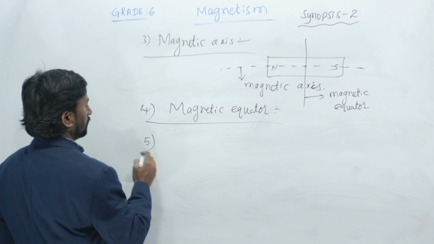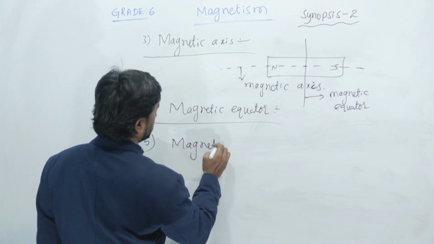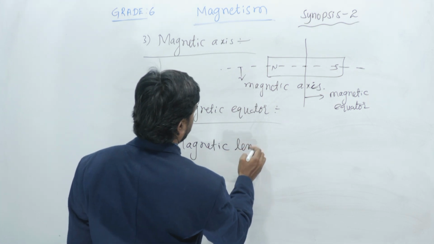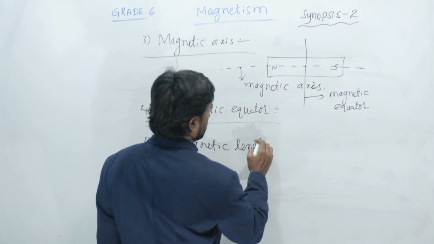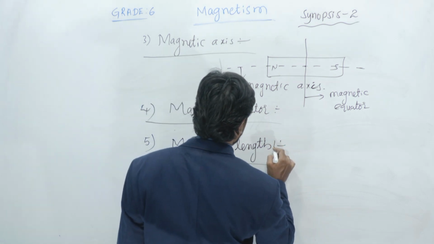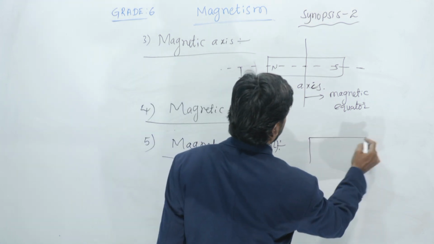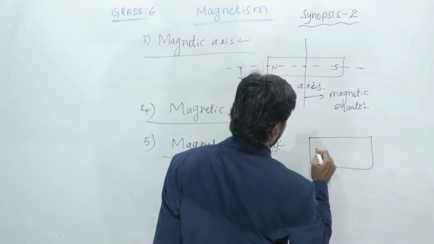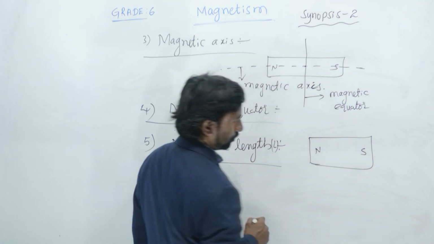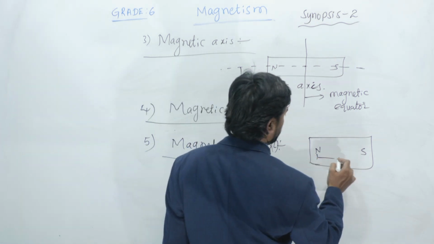So the first one, magnetic length. Magnetic length of a bar magnet. So magnetic length is denoted by capital L. How is it defined? It is the distance between the north pole and the south pole. Suppose there is a bar magnet, the length between this north pole and south pole,